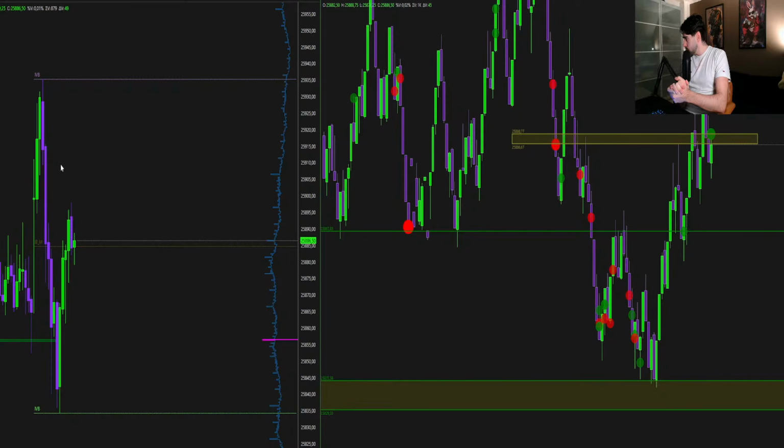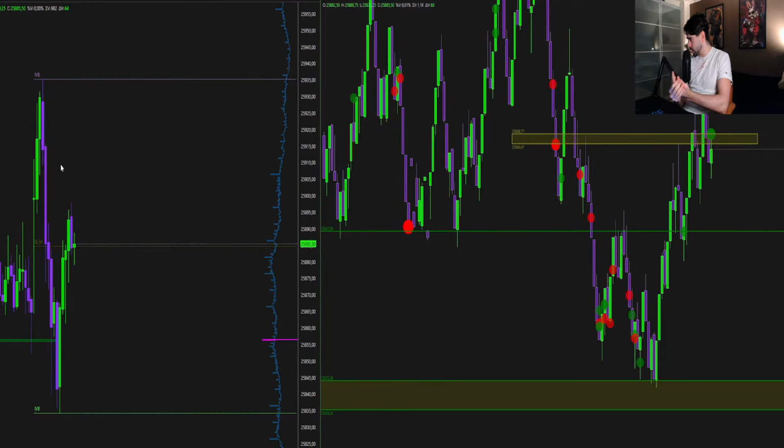Do you take trades off of the previous day's profile, the current day's, and the pre-market? Usually. End of December, yes, that's true. There's shitty price action, but you could have taken some trades today.